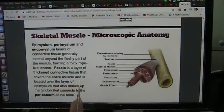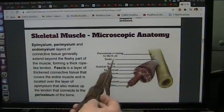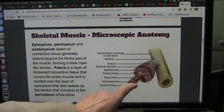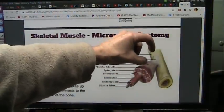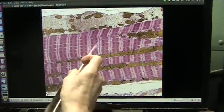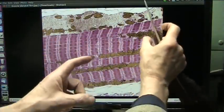Now, it covers the entire muscle and is located over the layer of epimysium, and it also makes up the tendon that connects to the periosteum of the bone, which is the outer layers. Now, I think I can show you a little bit better anatomy of how these sarcomeres are little blocks. It's something like this, where this comes down and locks in down here somewhere and anchors into